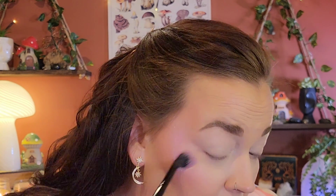I'm back and I am way more awake and I'm ready to get into look number 2. So I wanted to use the pink highlighter this time and see if it works for me as a highlight or if it's going to be more of a blush topper situation. I think it might be best for me as a blush topper, to be honest, because you can definitely see the light reflect off of it, but it's a little too deep for my very fair skin tone,